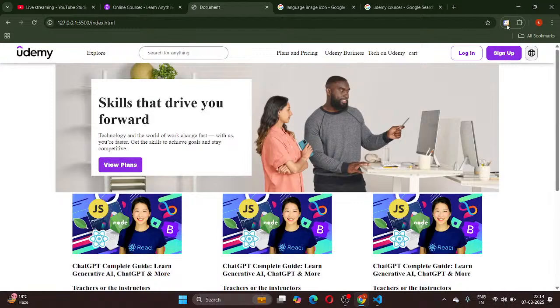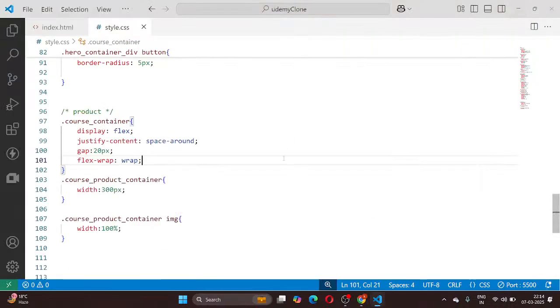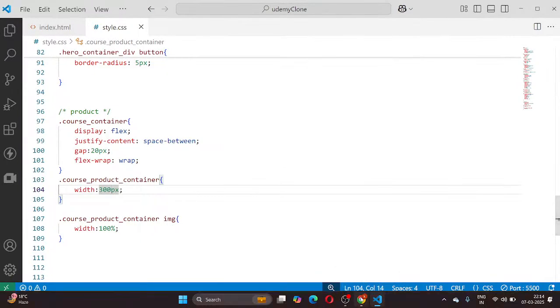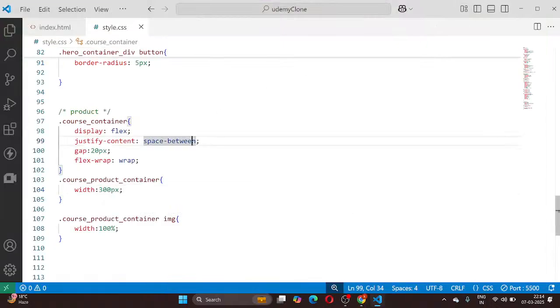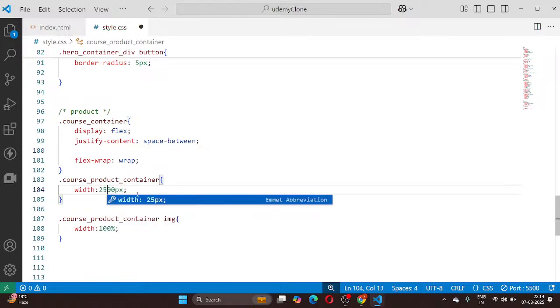That is, three items are coming, and if you want the four items to come, then instead of space around, we should use space between, because we don't want a space at the starting or the ending. And I think it will fit nicely now. Okay, it is taking only three items, so we are not going to use any gap for now. We are going to just decrease the size as of now. So 250 pixels,